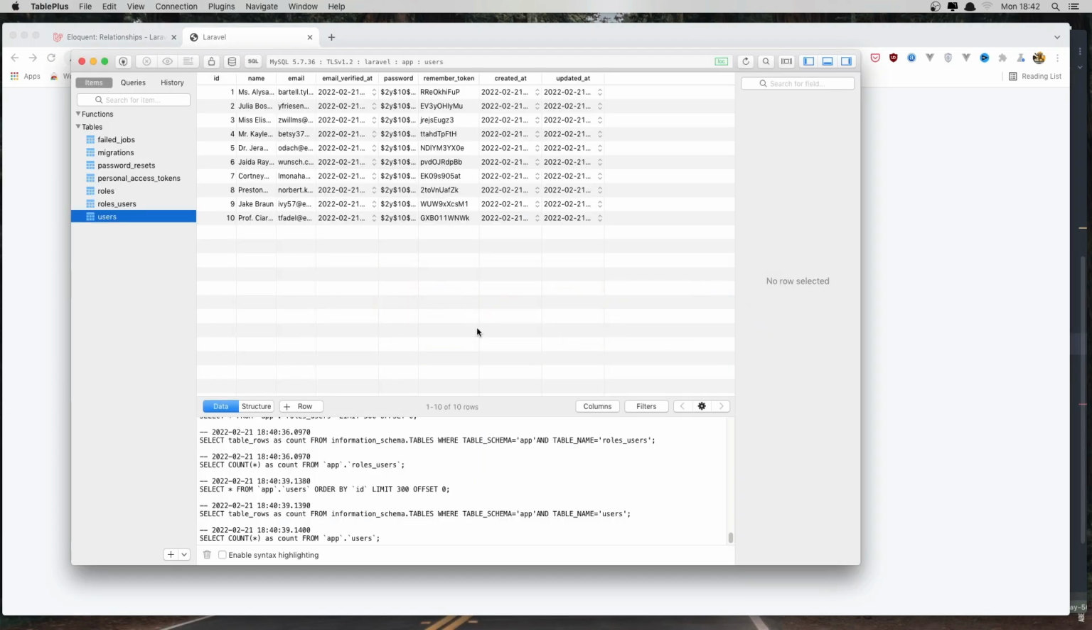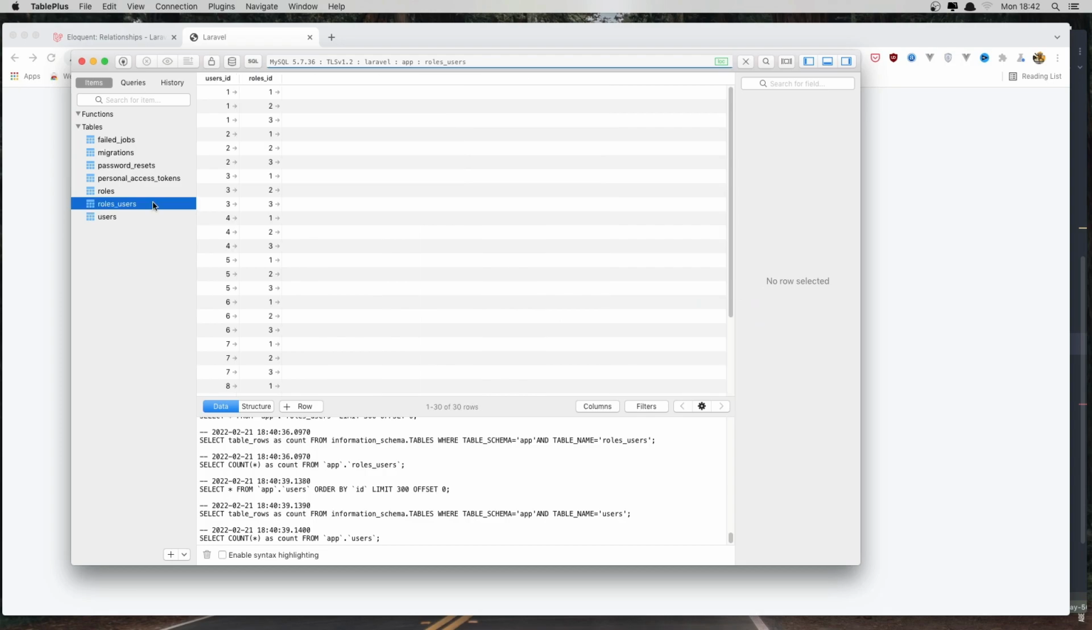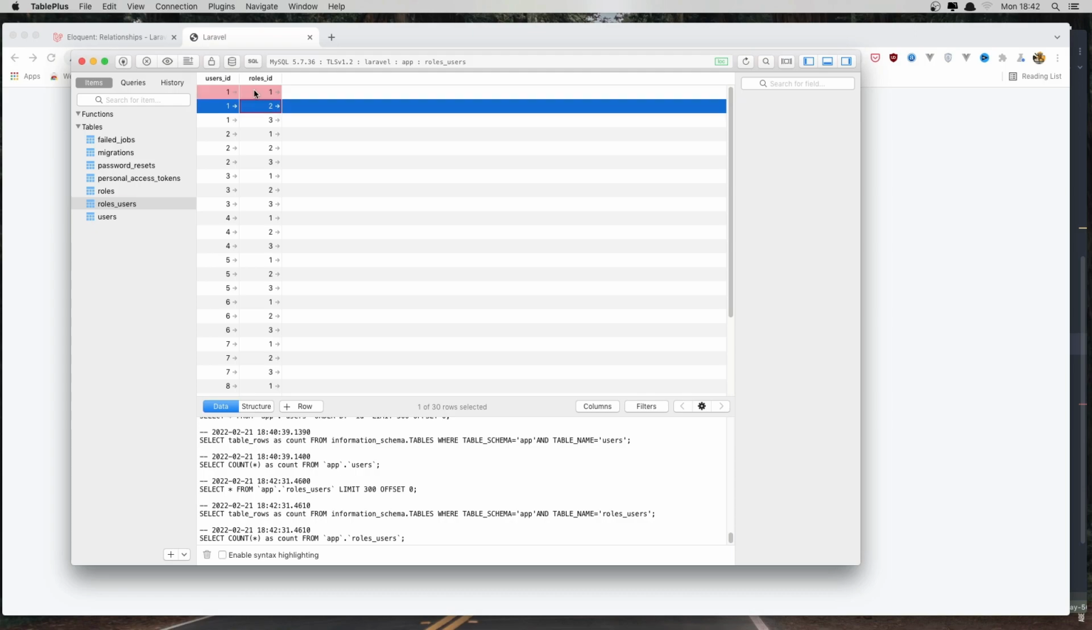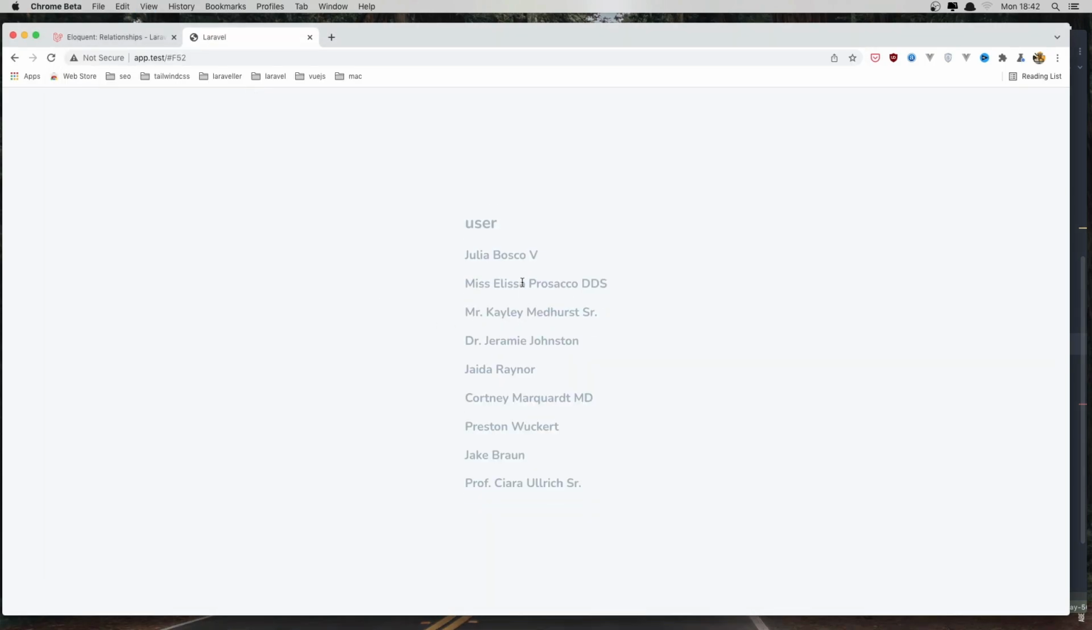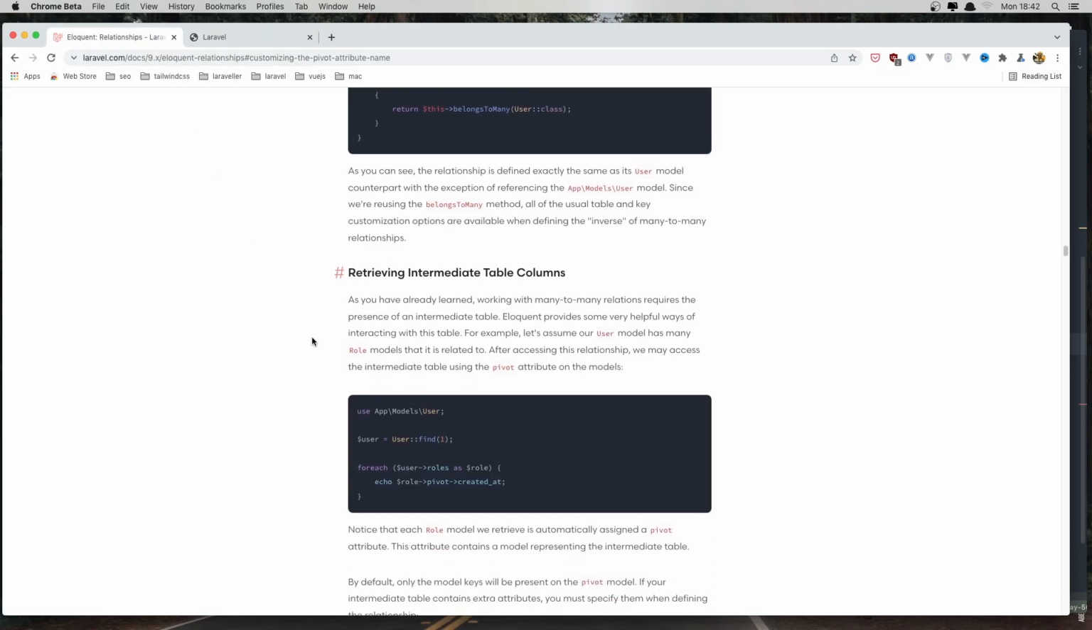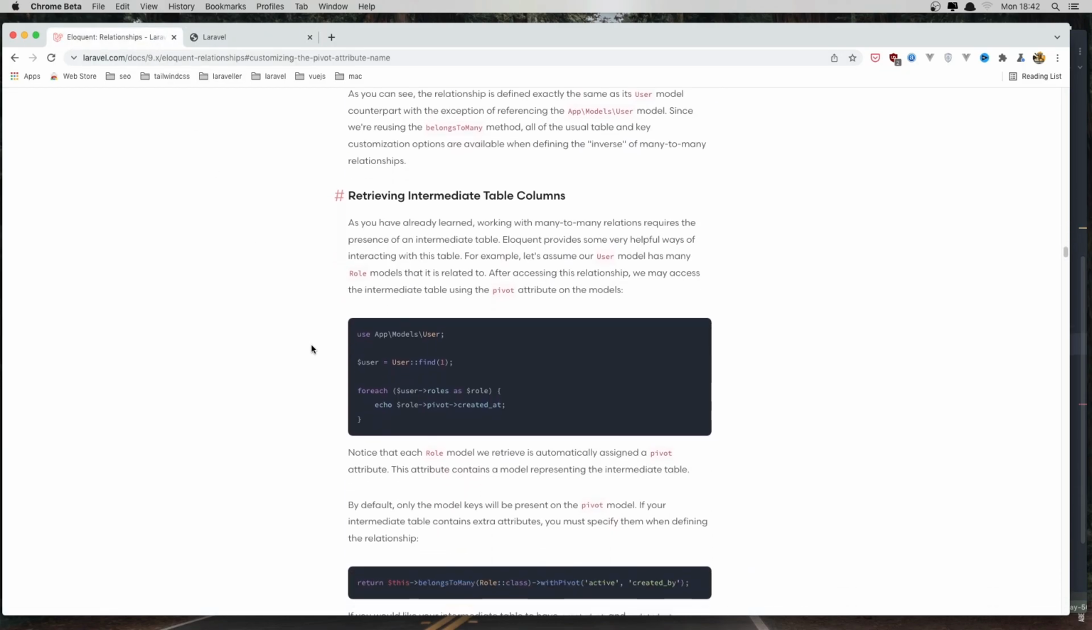If I go and remove one, so in the roles users, the first one I'm going to remove, save, and if I refresh, we have 1, 2, 3, 4, 5, 6, 7, 8, 9. Okay, next one, what we can do,